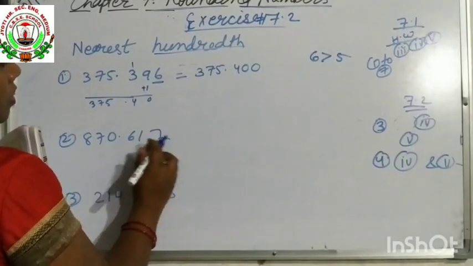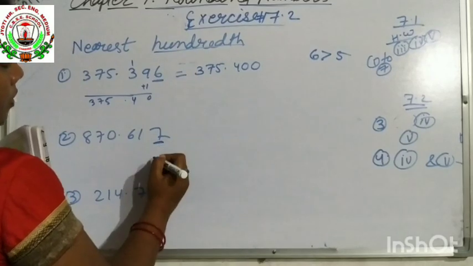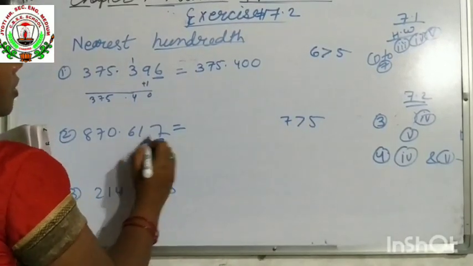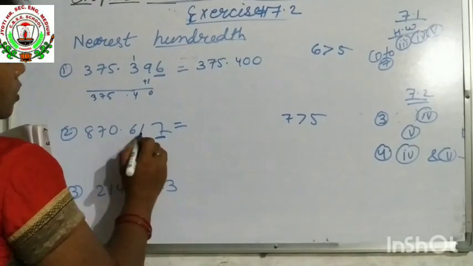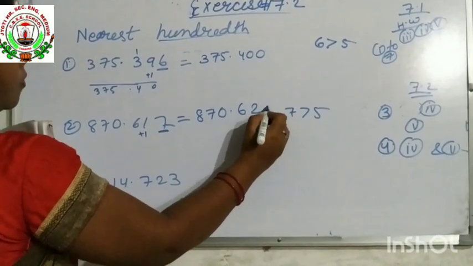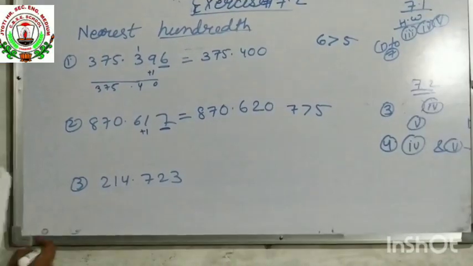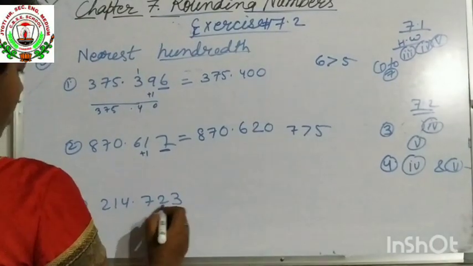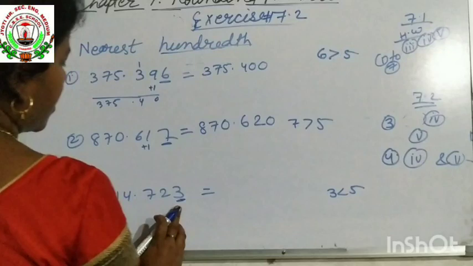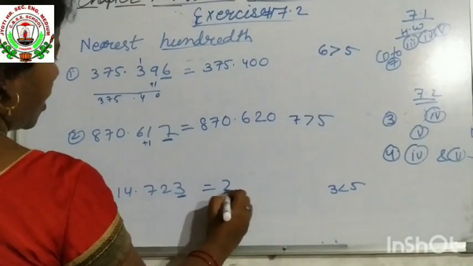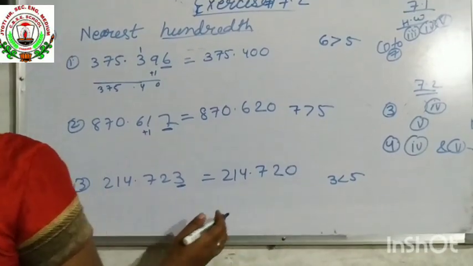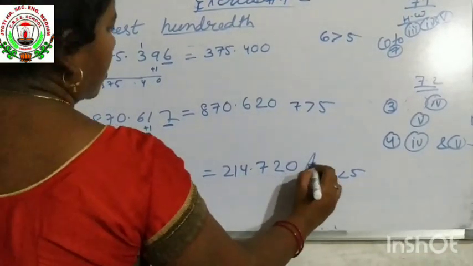Next again, it is a required place to round up. We have to see this 7. Okay, that is the 1000 place number. 7 is greater than 5. Then again you will add here 1. So 1 plus 1 is 2 and this number will be same. Okay. Now next, here this 1000 place number is 3. 3 is less than 5. If it is less than, then as it is we will write the number. That number will not change and this will be 0. Understood? So it is the answer.